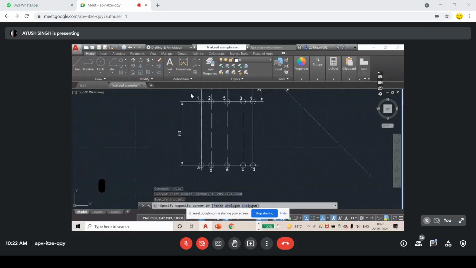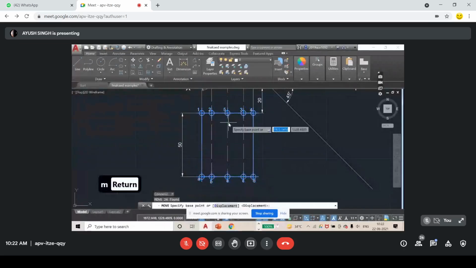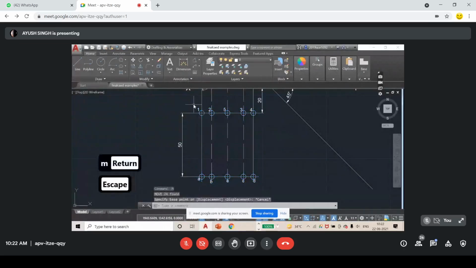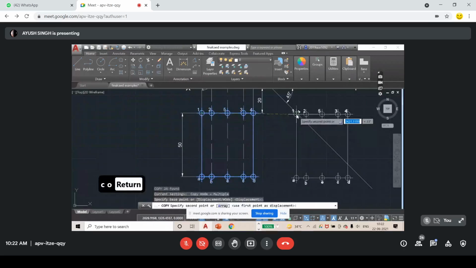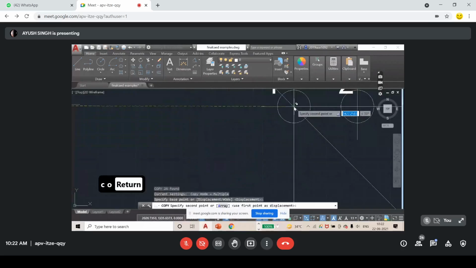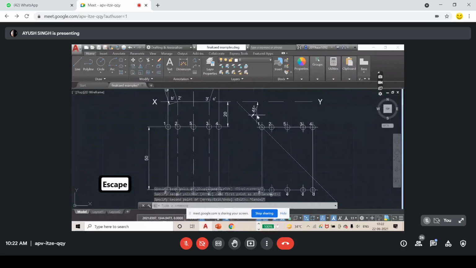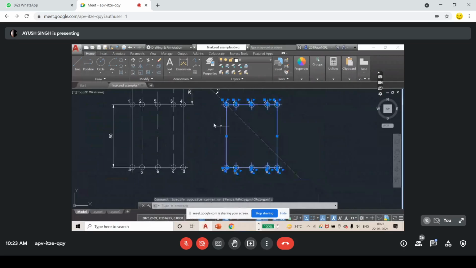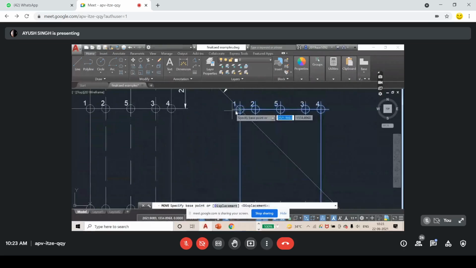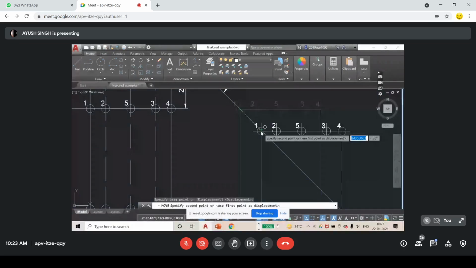Now I want to copy this. Simple. Quickly copy this and move it. Oh, not move it. Sorry. Simply copy this from base point and place it here nearest. Now I can see that it will intersect after I rotate it. From here, this is going to be above. I don't want that. So I just move it a bit below. Okay. Now I can rotate it easily.